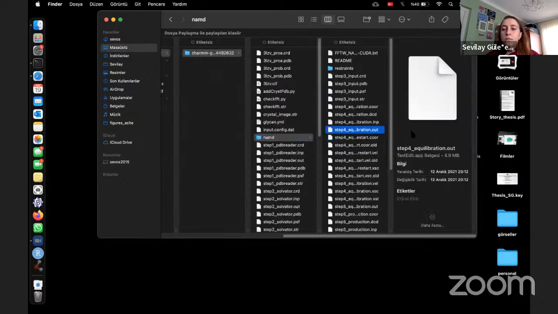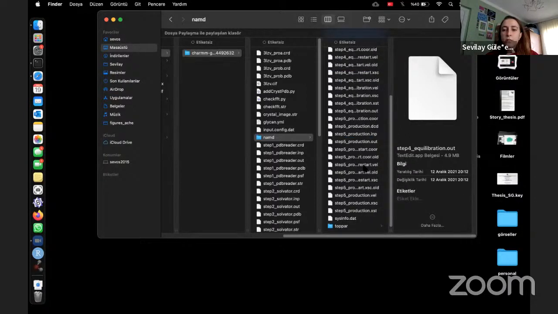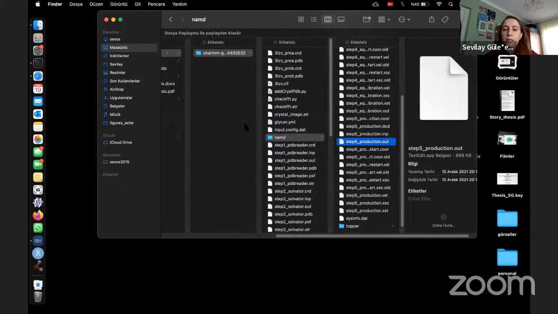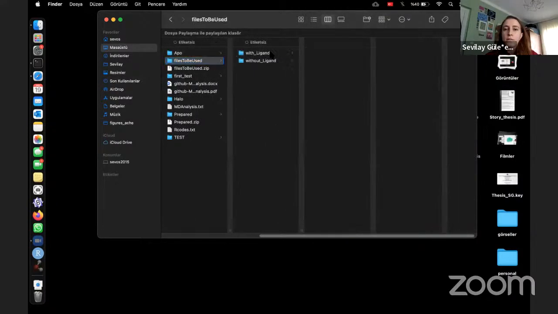So firstly, you will need this equilibration out file. Then you will need this production out file. Firstly, in the MD simulation, you will do the equilibration. Then you stabilize your system, then you do the production, and to analyze it, you have to combine these 2 DCD and these 2 output files. So I extracted these files, which you can find from the MD folder,